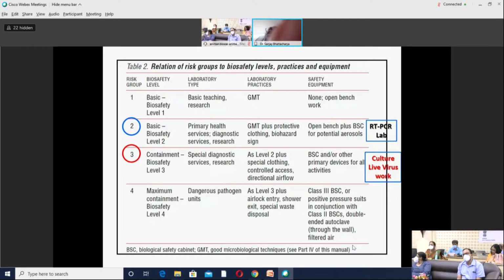Now, I would emphasize once again that there are three circles of biosafety. First circle is about